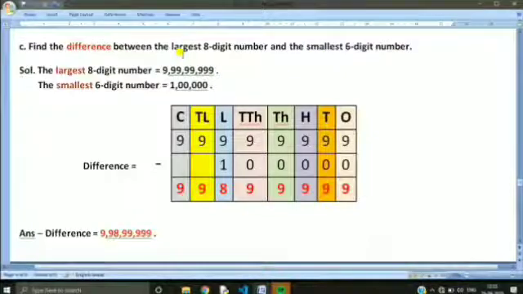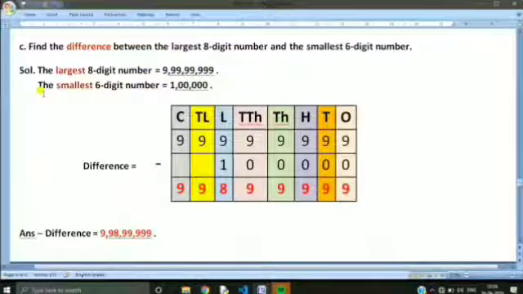But here we are not familiar with the largest 8-digit number and smallest 6-digit number. So we will first find the smallest and the largest value. So solution, the largest 8-digit number, whenever the word largest comes, the single number which comes to our mind is 9. 9 is the single greatest number. So here an 8-digit number is required. So we will be repeating 9 8 times. And this way we will have the number 9 crore 99 lakh 99,999, which is an 8-digit number.